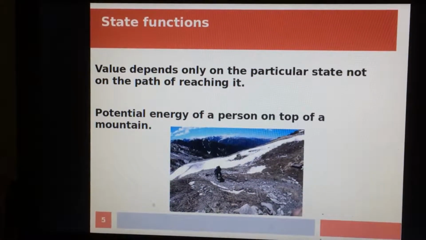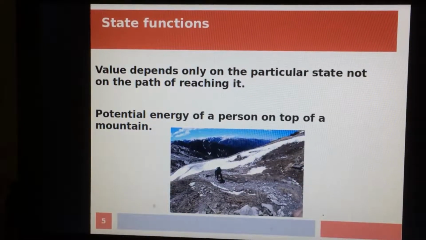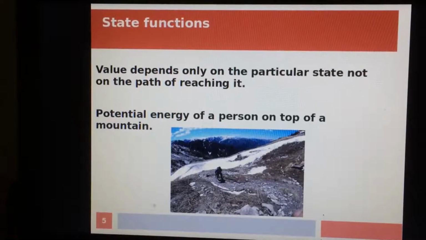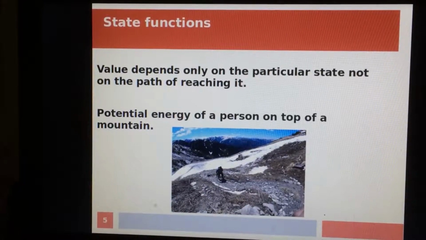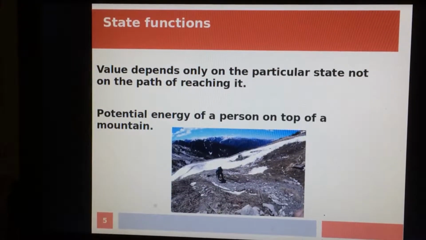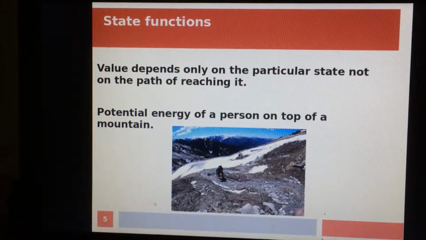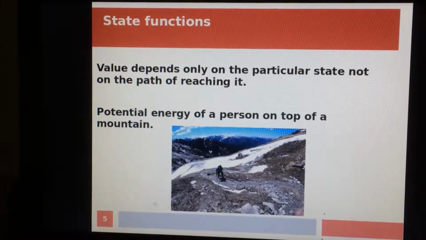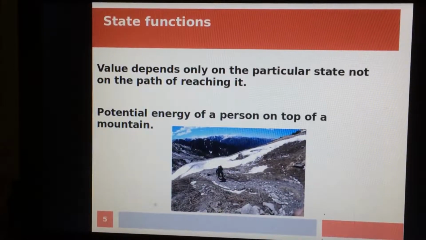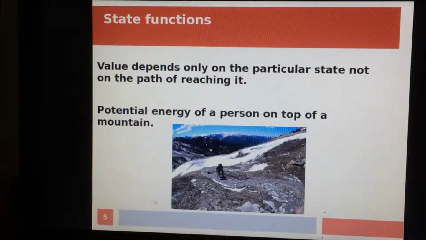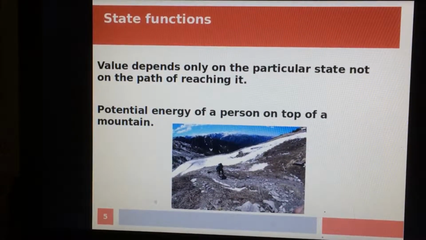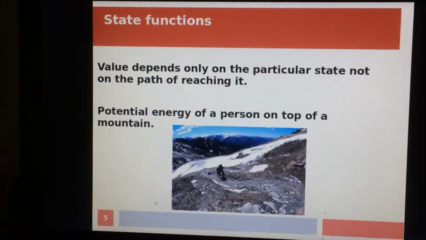State functions are those functions in thermodynamics whose value depends only on the particular state of the system in which the system is residing now. It does not depend on the path of reaching that particular state. That is, a state function is a function that depends only on the present state of the system, not on how the system reached that state. For example, think